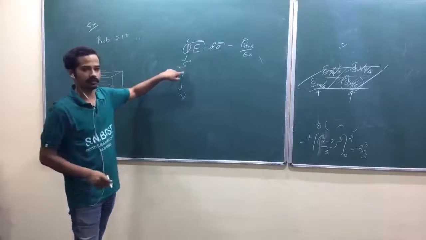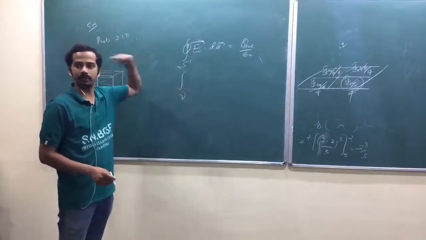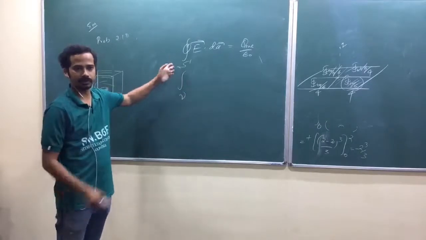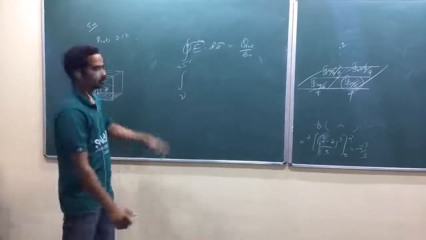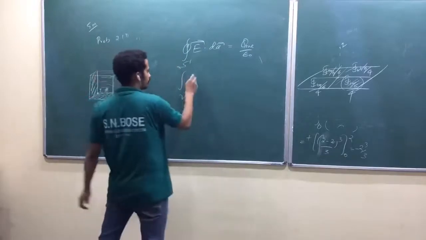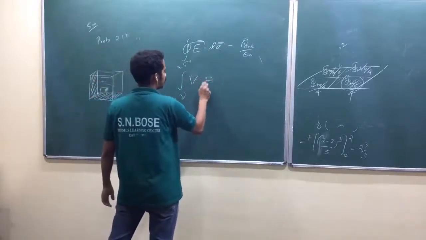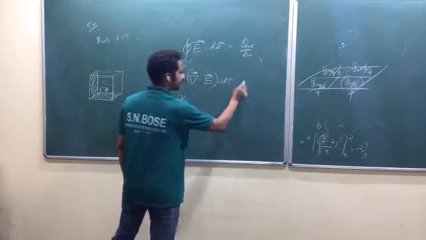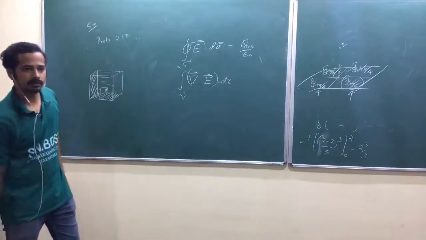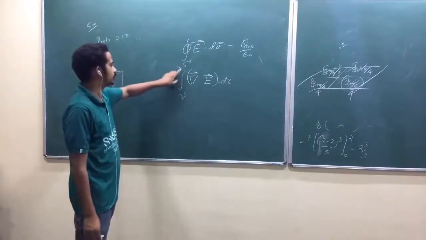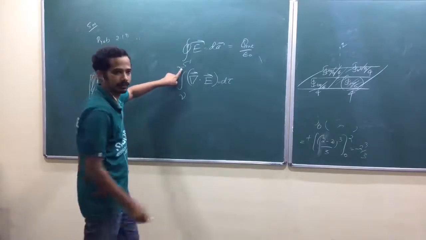Volume within this surface. Or we have done the reverse. We have started with the volume integral and we defined the surface which covers that volume. Am I right? So from here to here, what is this volume? Volume inside this surface. Is that okay? Volume integral of del dot E d tau throughout that volume. That volume is the region inside this surface, isn't it?